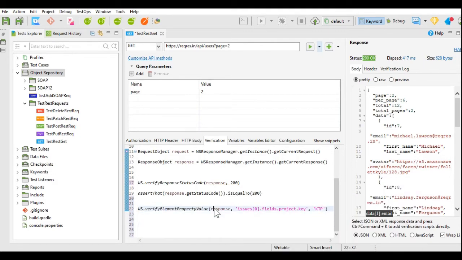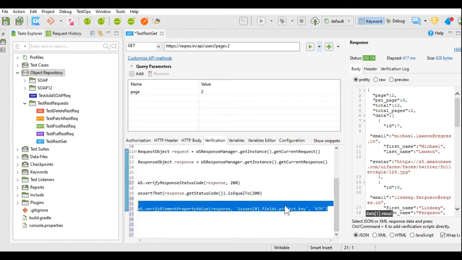Verify element property value will take the response again and it will take the JSON path of the value and it will compare the expected value with the actual value received from this JSON path. Now, this is the example of the JSON path, or the raw format of the JSON path, which is given over here. That is issues in the bracket 0, that is index, dot fields dot project dot key.